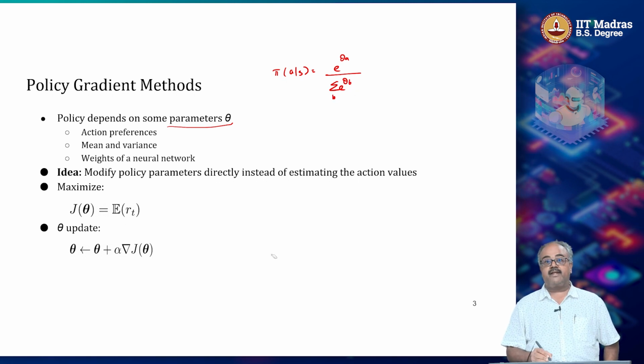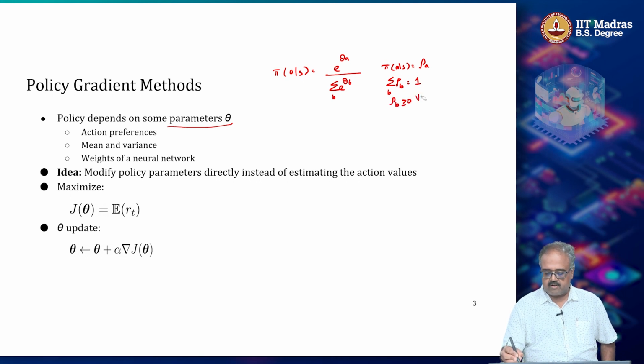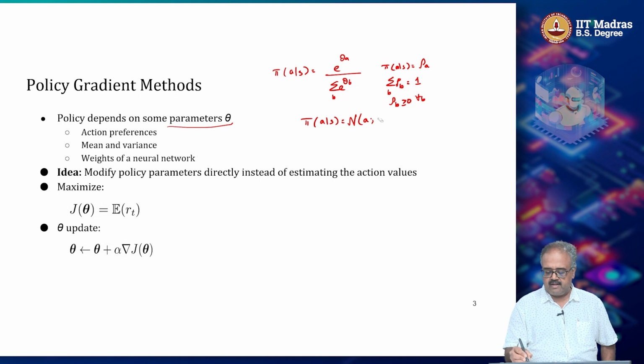This is one way of defining it. The other way I said was pi of a given S equal to some rho a, with the summation over b of rho b equal to 1, and individually rho b greater than or equal to 0 for all b. This was the other way of doing it. And then the third way I said was pi of a given S is equal to some kind of a normal distribution of a given mu s comma sigma,